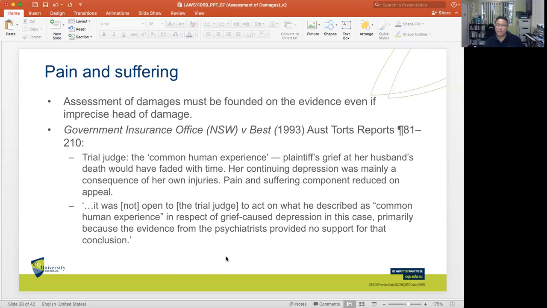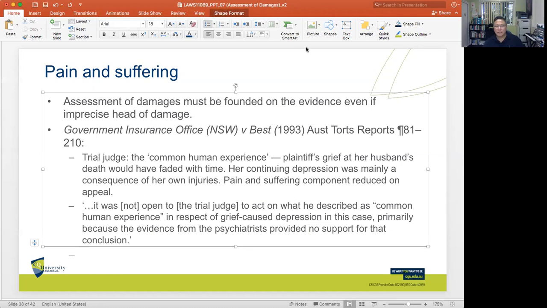Because again, when a patient is saying, you know, it's really painful, I can't walk, I can't do this, I can't do that, there is no medical device that would enable anyone to actually know the level of pain or suffering, because it's very subjective. So the ability of a plaintiff to properly testify as to the kind of pain and suffering that he or she is experiencing would be crucial. I'm not saying that that's necessarily faked, okay? That's not what I'm saying.